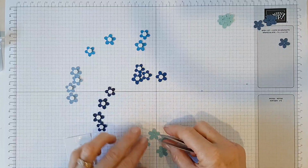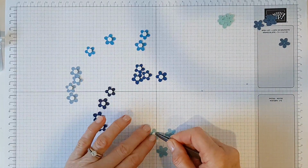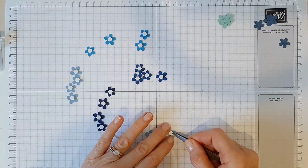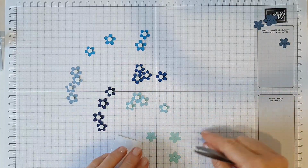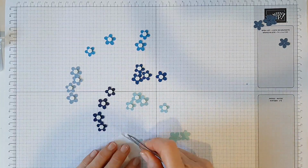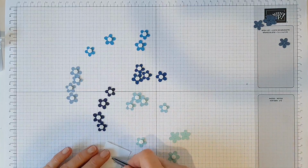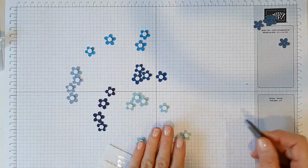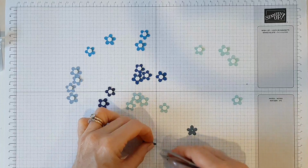And it's lovely to be able to say you made it, get the satisfaction and the enjoyment. It's nice too when you give a card you've made and somebody says, oh, did you make that? It's nice to get a little bit of feedback. And lastly,